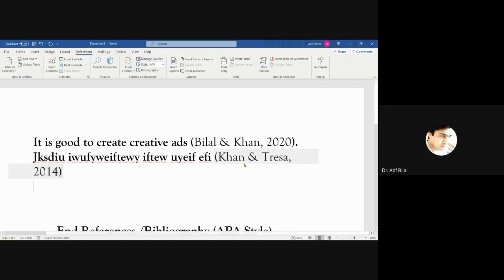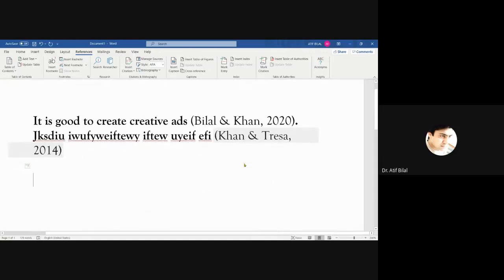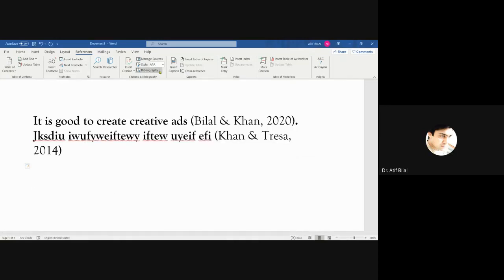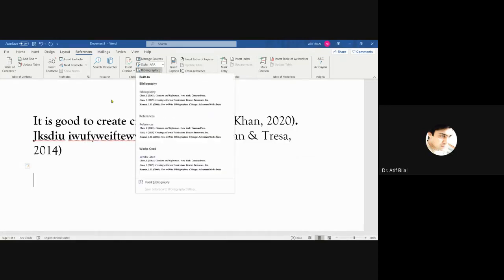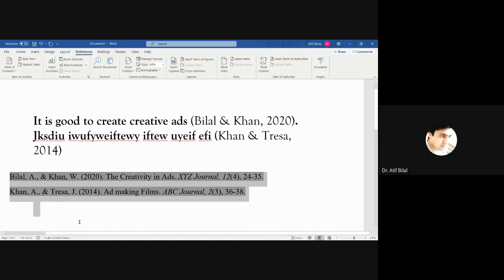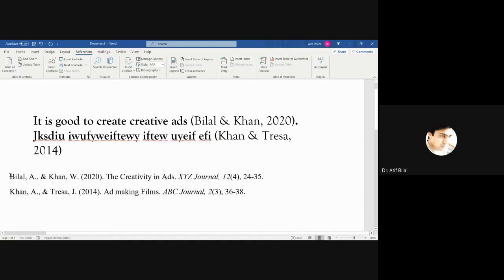The second benefit of managing your references here is that once you are done with your paper or thesis, with only one click, by just going to Bibliography and Insert Bibliography, it is going to give the bibliography at the end as end referencing. See, Bilal A, Khan W 2020, the creative ads, and it has done everything itself.